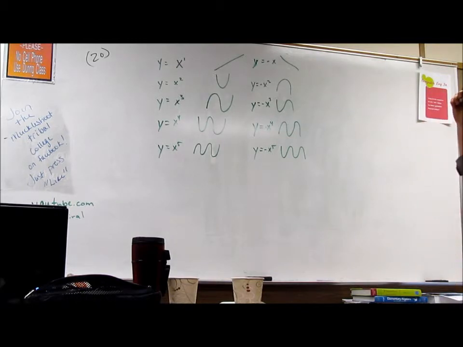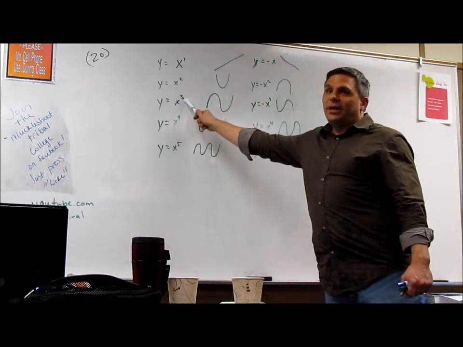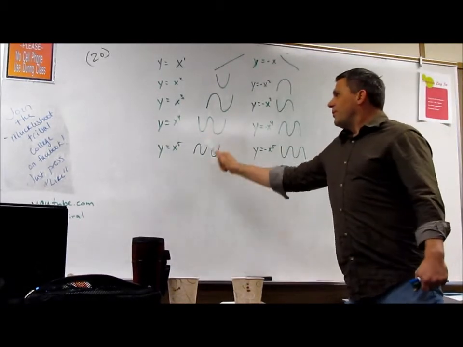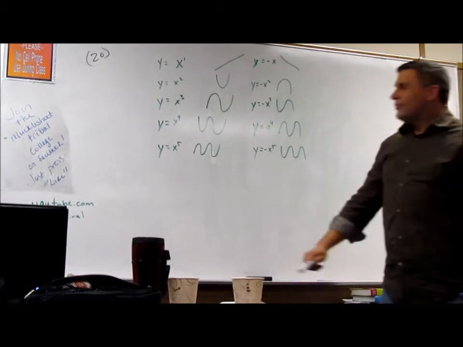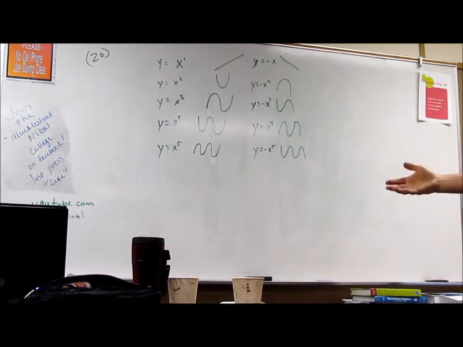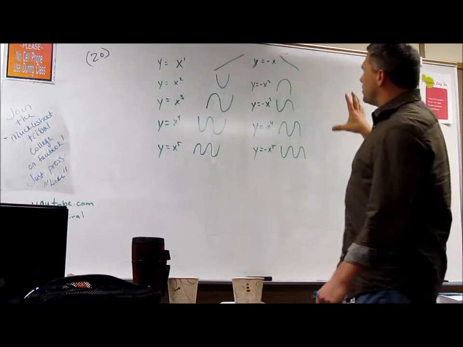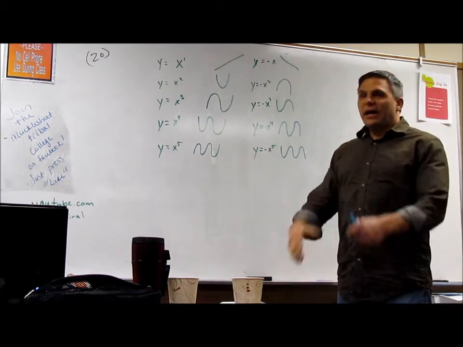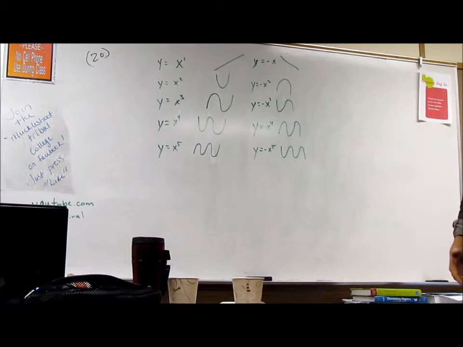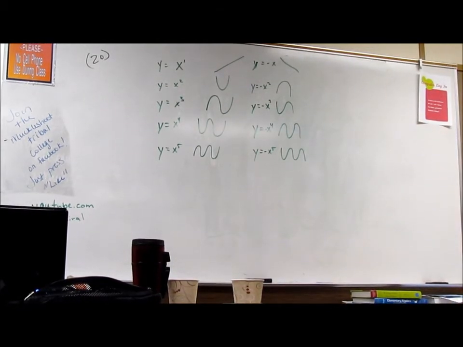If it's got a degree of 3, the most it can have is 2. If it's got a degree of 4, the most it can have is 3. If it's got a degree of 5, the most it can have is 4. And so on and so on. So this is crucial to the understanding of creating a derivative graph. So when we look at a new graph,